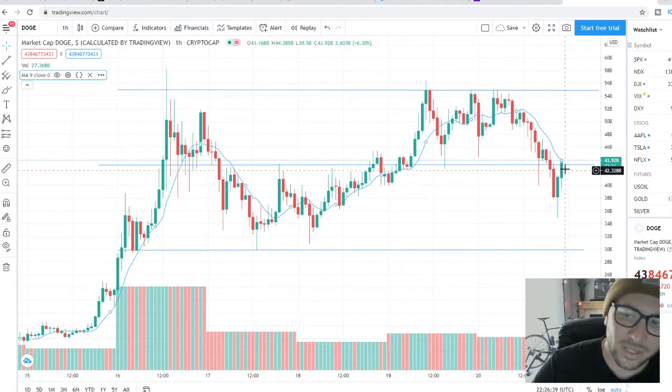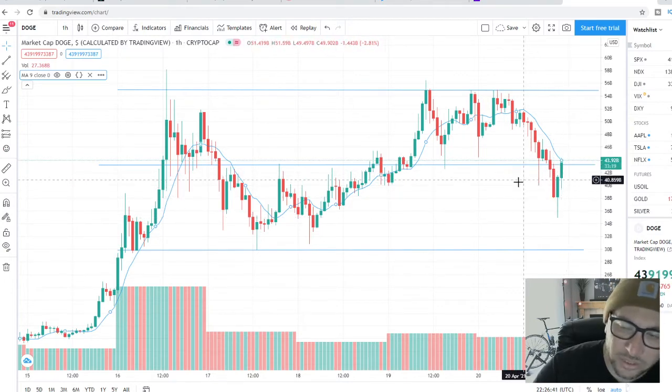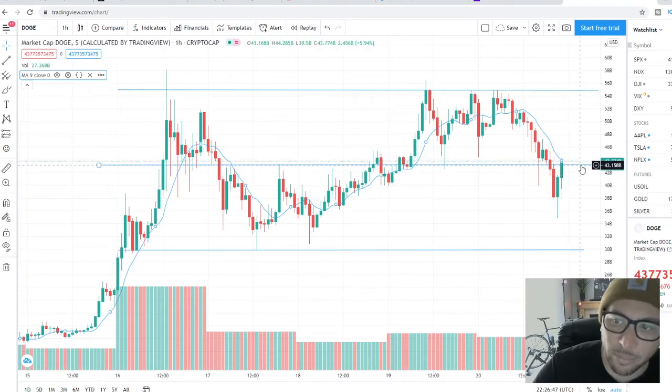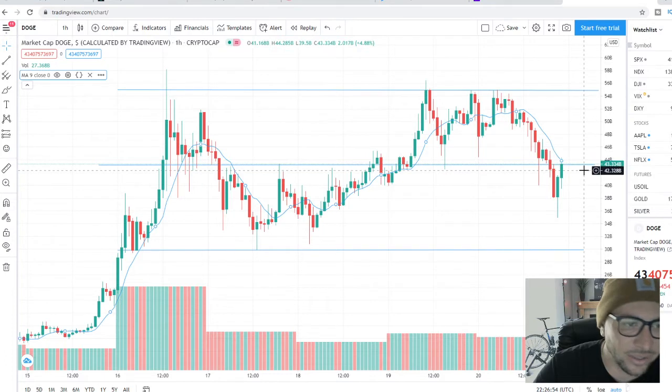But over the last 2 hours, it's 3:30 here Pacific Standard Time, and the last two candles have been green. It's now just cracked above the 43 cent mark and is testing the 9. Okay, so it's testing the 9.